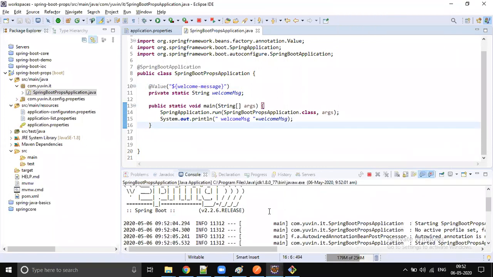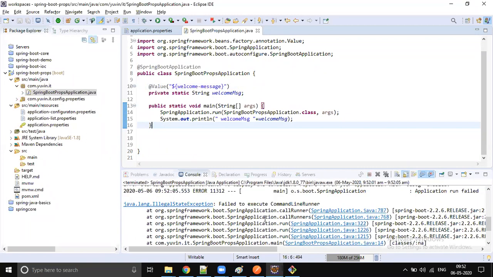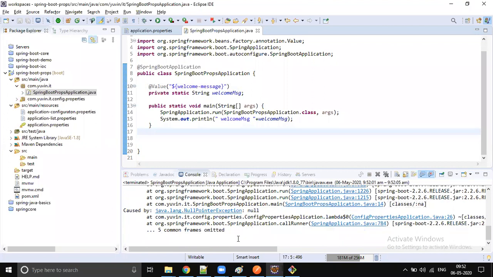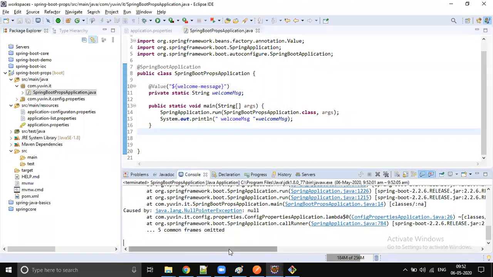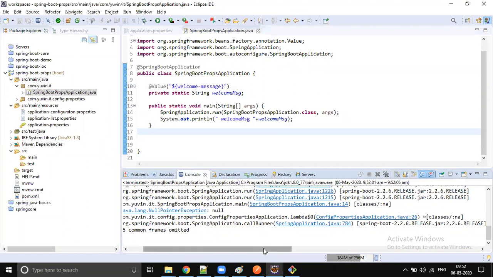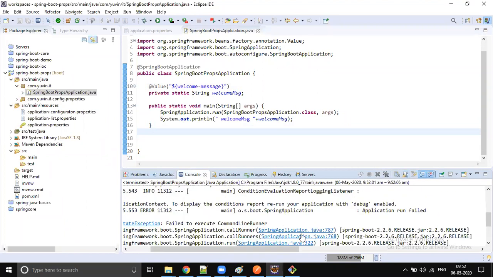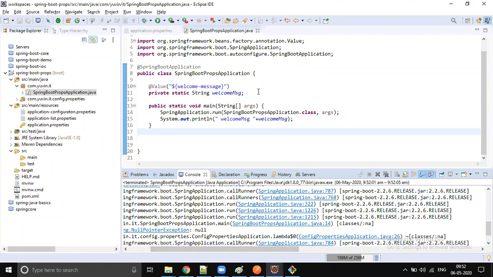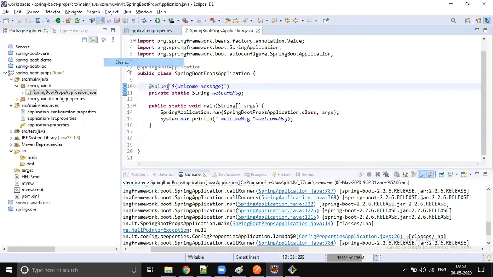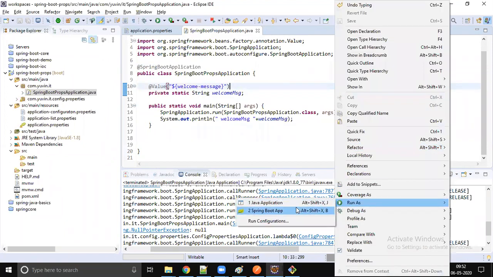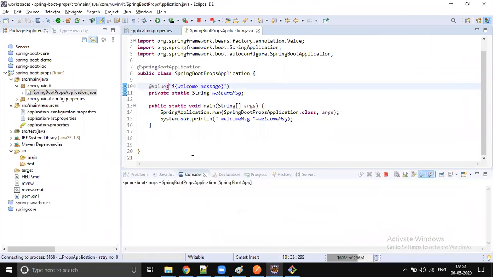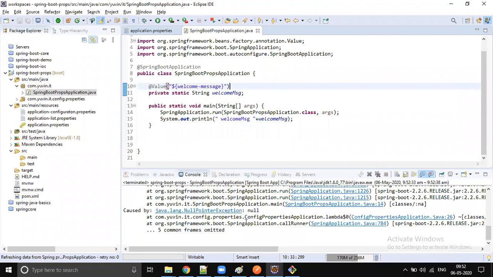So we do expect that there is some welcome message printed, but all of a sudden, what happened? The welcome message is not printed. We got some kind of exception, right? Let me build the project. Maybe some build error. Let's try this out. If we still get the same error, then I will explain it. So we expected some output, but that output was not printing, right?